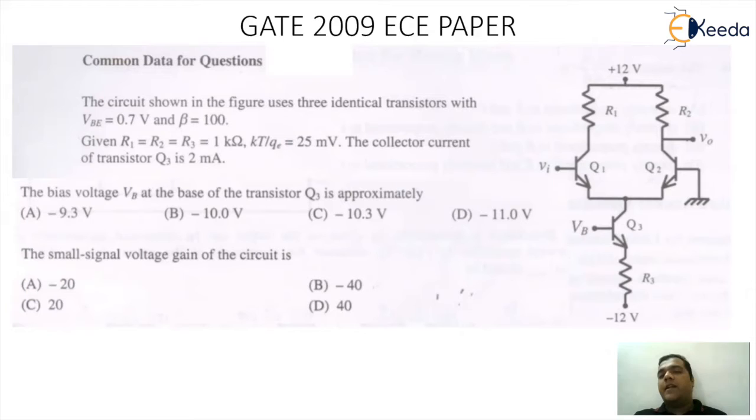If you observe the circuitry carefully, for getting the first part, we have to focus on the lower section of the circuitry where you can see the transistor Q3 with the emitter terminal connected to a resistance R3 of 1 kilo ohm and a battery potential of minus 12, and we are supposed to find the base potential VB. For this we need a simple KVL equation. So the value of VB will come out to be VBE3 plus IE3 into RE minus 12.